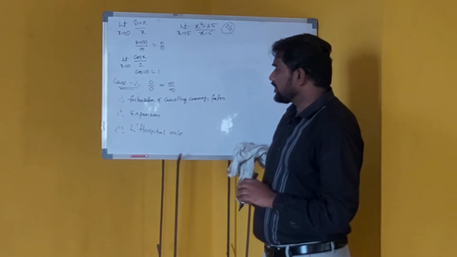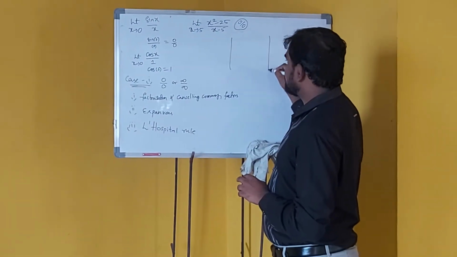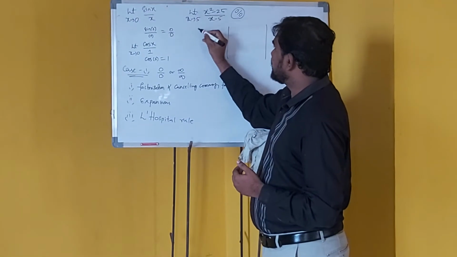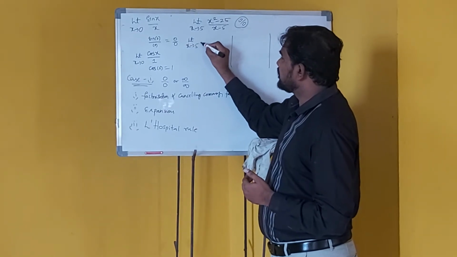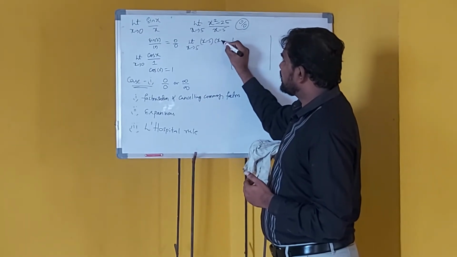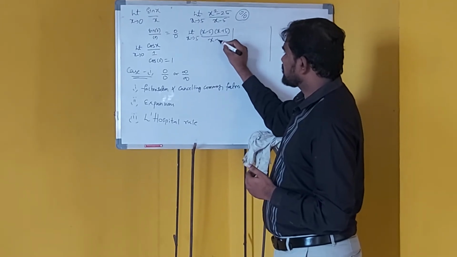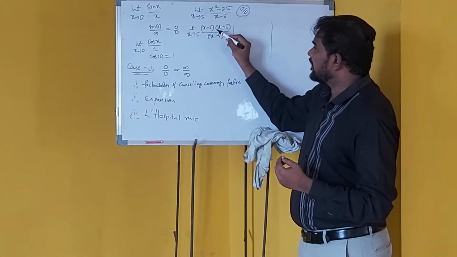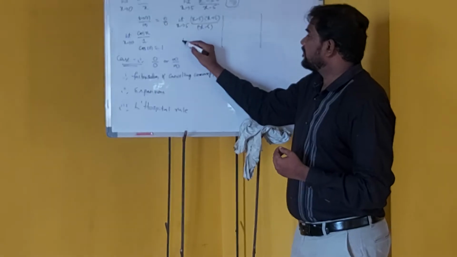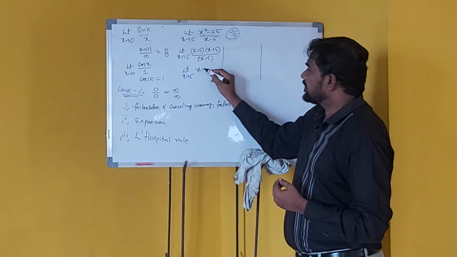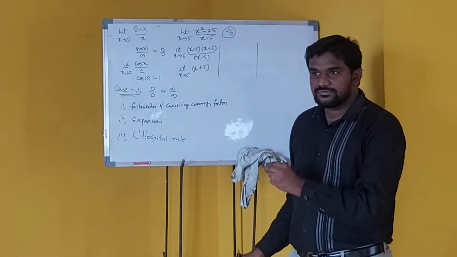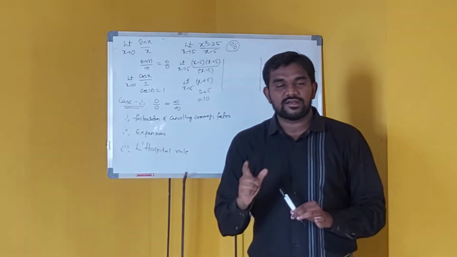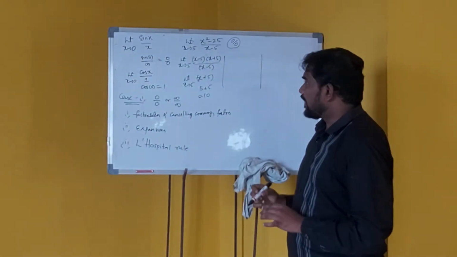So here we have three options. In all the three methods, I'll tell you, or at least I'll tell the first and third method. If I do the factorization here, the x square minus 25 you could write like (x minus 5) into (x plus 5). Right? So now what can I cancel, what is the common factor? The common factor that we have is x minus 5. So both get cancelled and we are left with only that x plus 5 expression. So now if I give that x equals to 5, it will be like 5 plus 5, 10. 10 is not the exact value, but it's just the limiting value there.